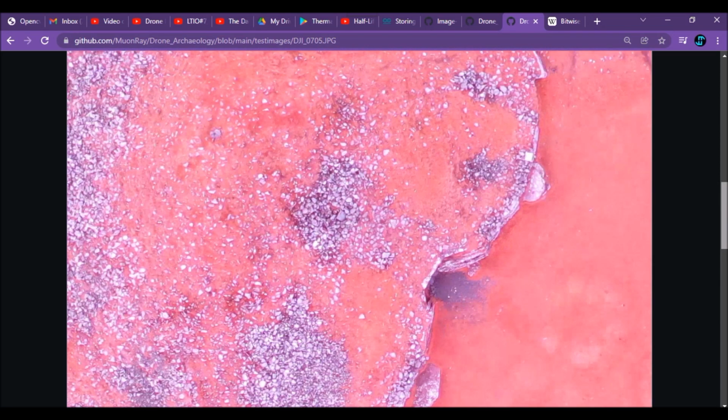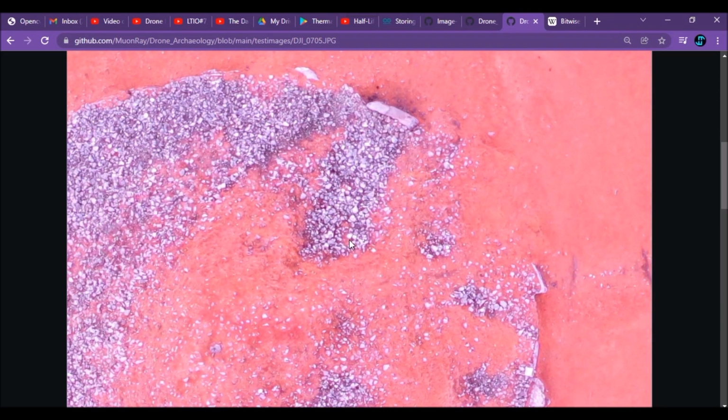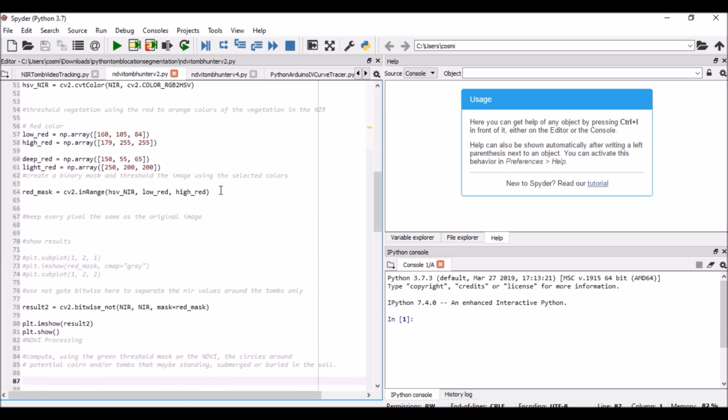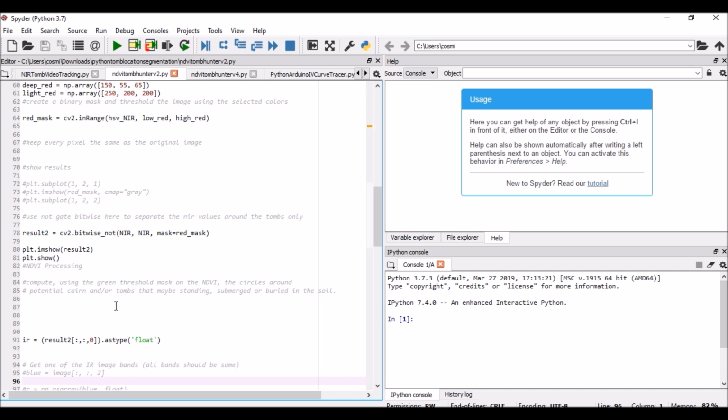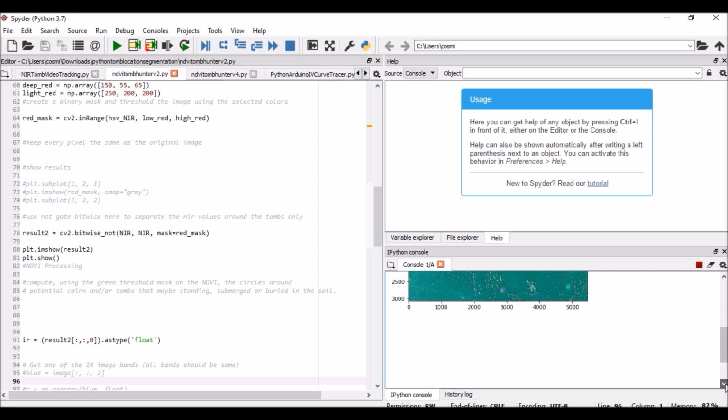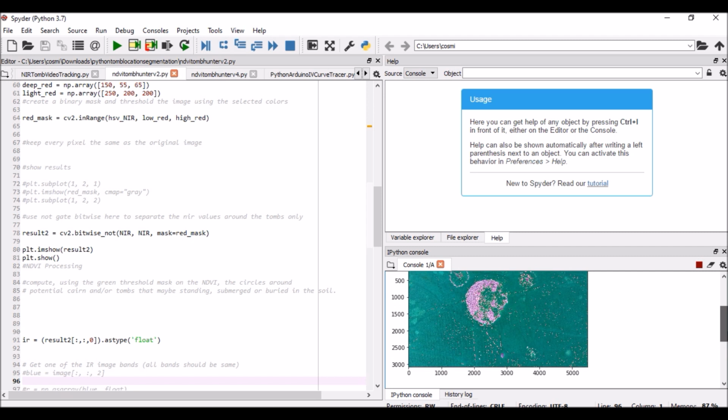So this was taken in the near infrared. You can see here the tomb is partially submerged, and so this will be highlighted using the Bitwise NOT procedure on our threshold mask. This is all done in Python and can be implemented quite easily from the console here. So I'll give it a try and we'll see. This is the Bitwise NOT highlighting the values of the near infrared, and it should then output an image